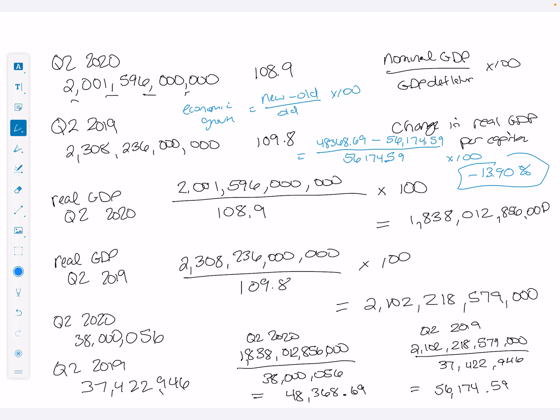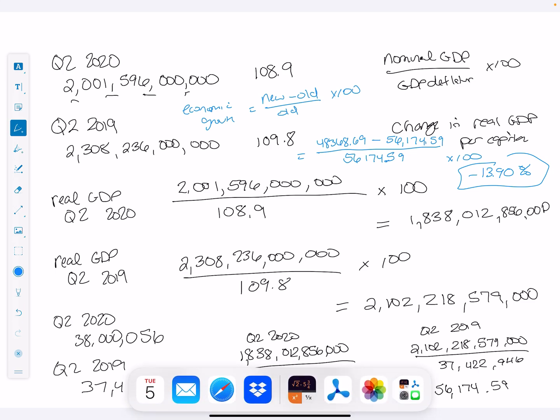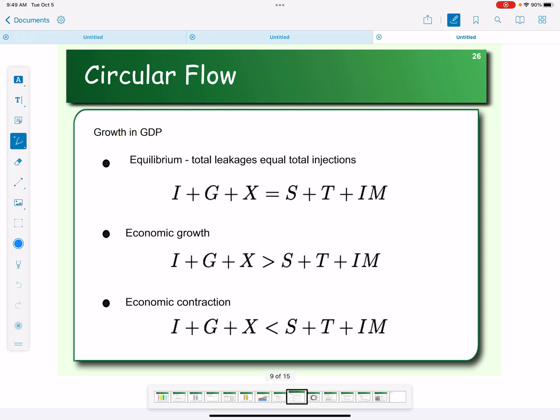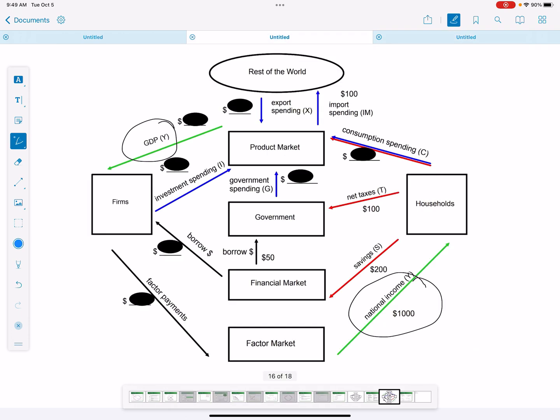Now, we've been calculating economic growth. What we want to talk about this week is how do we get sustainable economic growth versus short-term economic growth. When we've been looking so far at whether the economy is contracting or expanding, we've been looking at leakages and injections. So first go back to our circular flow diagram and remember leakages are where money doesn't go directly from